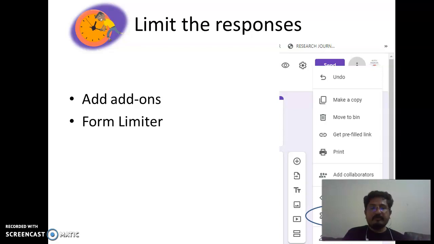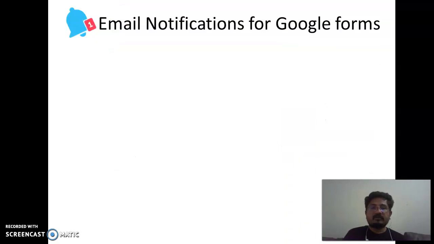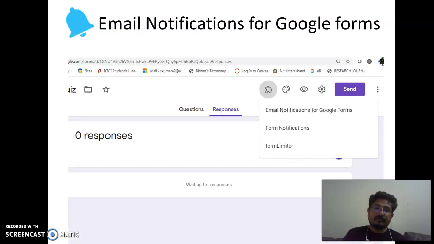I would prefer to add two add-ons, form limiter as well as email notifications for Google Forms. Please make note of this, that with the help of email notifications for Google Forms, you can restrict your students to give the response within the time period. Fine. So if I talk about email notifications for Google Forms, once you have already installed it, you need to click